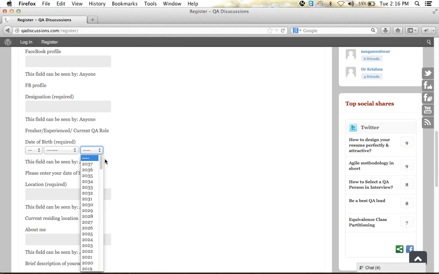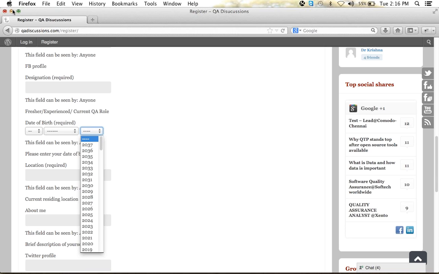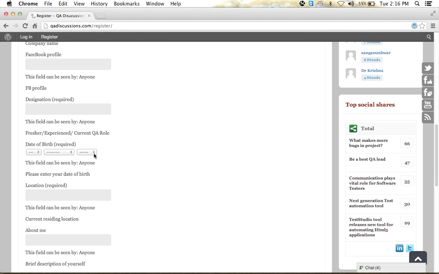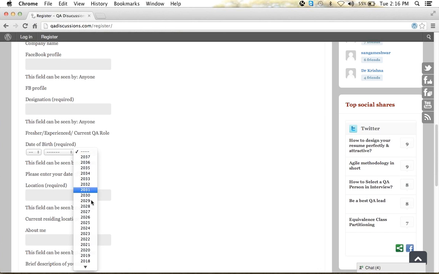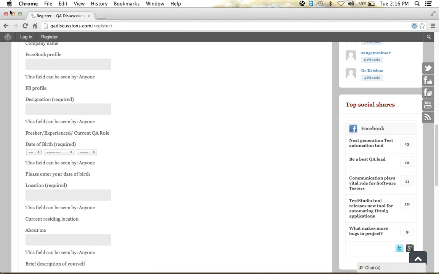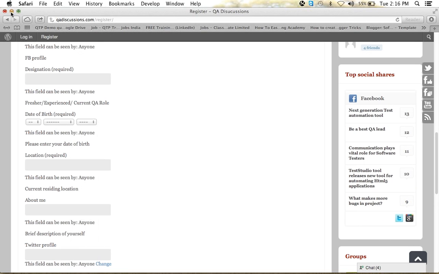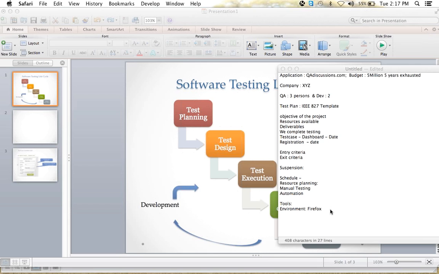See, here there is a bit of difference in the drop down. If you see carefully, here it is different, and again here also it is different. There is no drag bar here in Google Chrome, but we are getting a drag bar in Firefox, right? So in this way, we have to do cross-browser testing also.